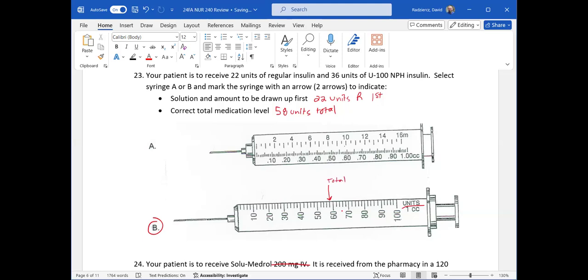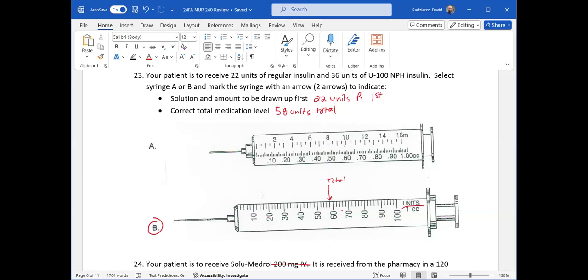Now, I'm going to show you the way that a textbook shows you how to do it. Remember, you drew regular insulin up first, okay? If we were in a vacuum environment and the liquids did not mix with one another, the part you would draw up first would be closest to the plunger part of your syringe, and the part you draw up second would be closer to the needle part of the syringe. So what I'm about to show you is why it is written the way I'm about to show you. So you're going to make a mark at 58